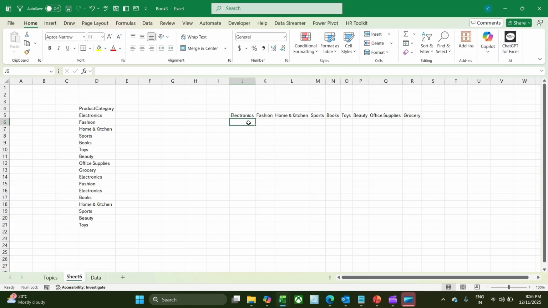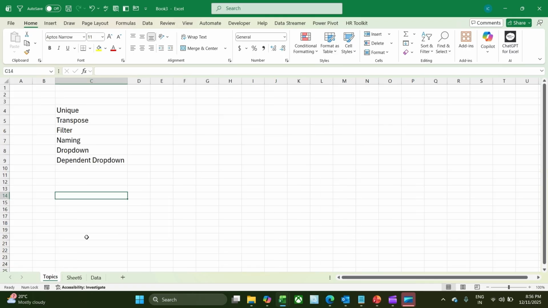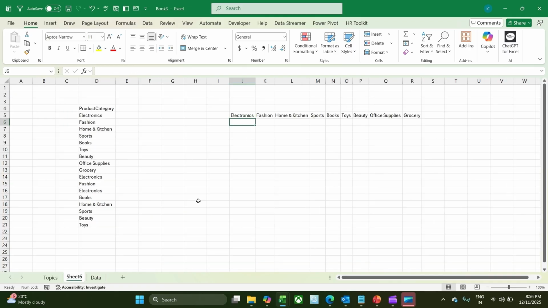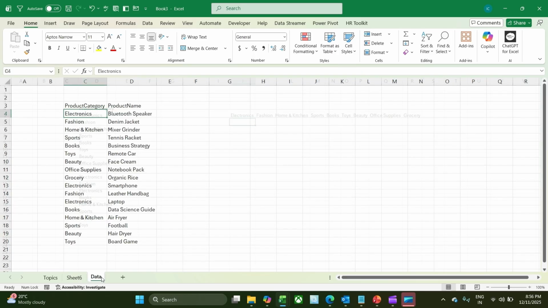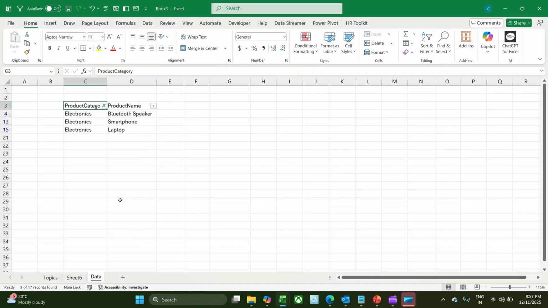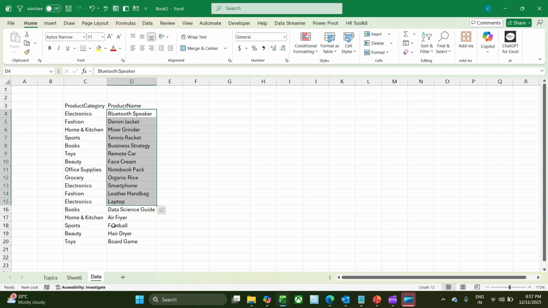The next thing that I need is, now I need all of these, right? So here in my data, I need this item. So whatever is electronics, I need that to be under electronics here. One way of doing this is, again, you apply a filter. Then you will go here, select electronics, then come here, copy it and paste it. Again, this is the hard way of doing it. But there's a smarter way of doing it, or a faster way to do that, and that is using the